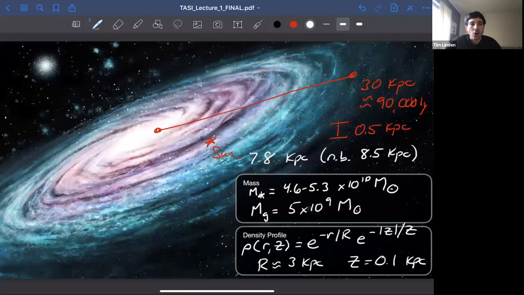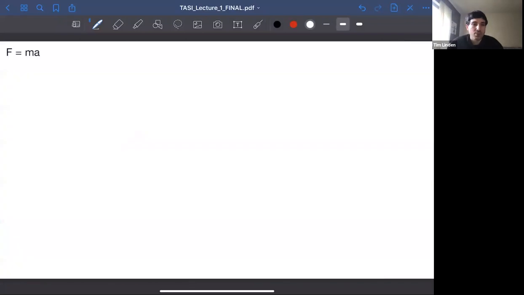So if you ask where the average star is in our galaxy, it's around 4 or 5 kiloparsecs from the center of the galaxy. The sun is within 1 standard deviation from the most probable location of a star, not anywhere special, and the galaxy goes out to a much, much larger distance. So let's take that and try to do very, very simple